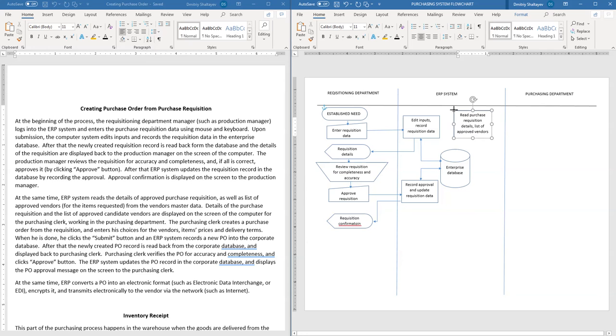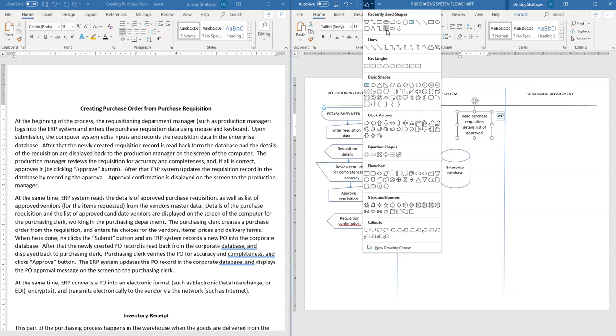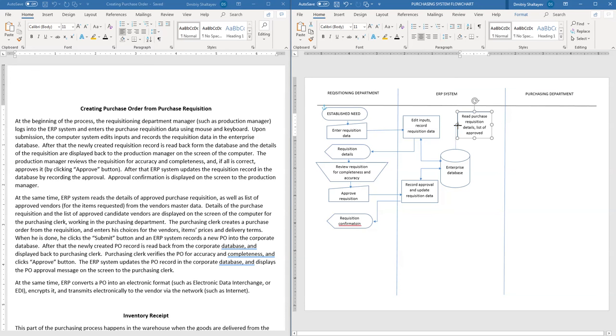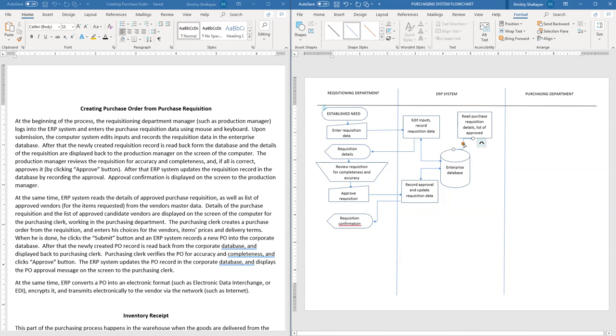That implies that for each of the items entered into the purchase requisition by the requisitioning department, like the operations manager, in the database we have set up a list of items and a list of vendors that provide us these items. Okay, so we read this list, and because it's a read, it's a one-direction process, right? So I have to take this arrow and point over here into this process, and